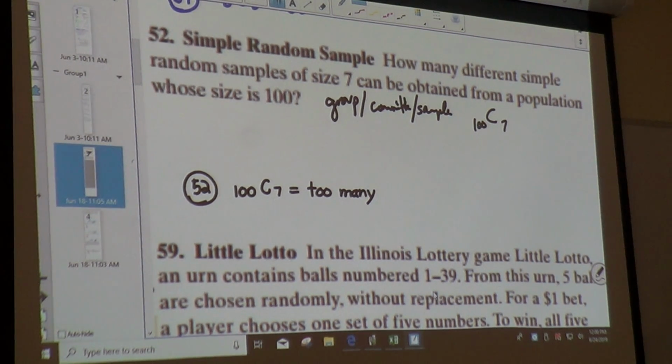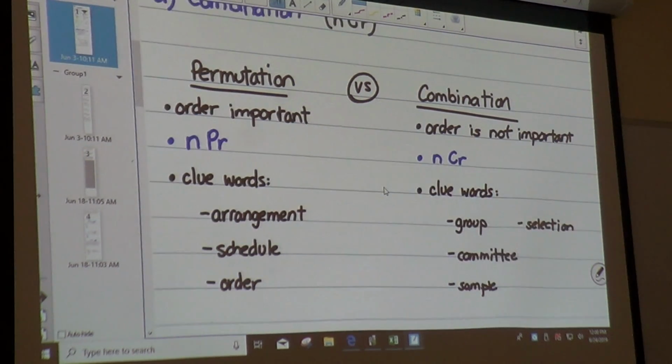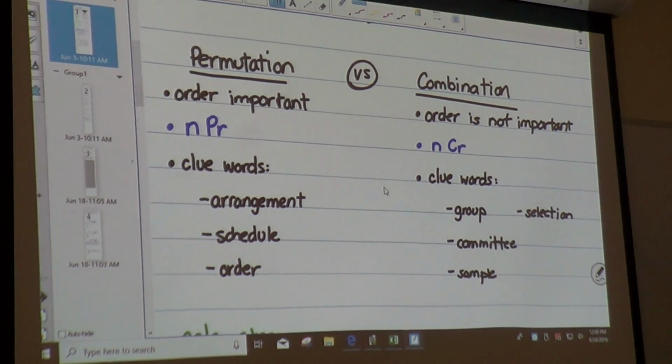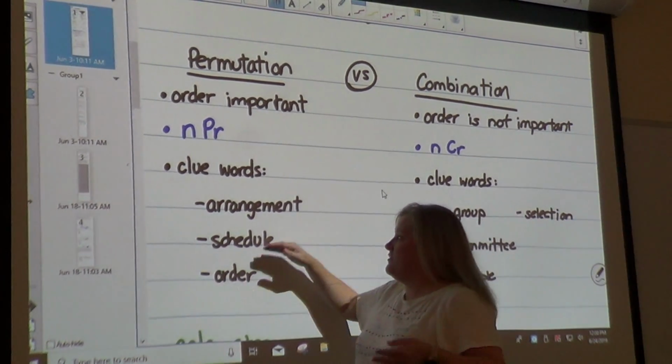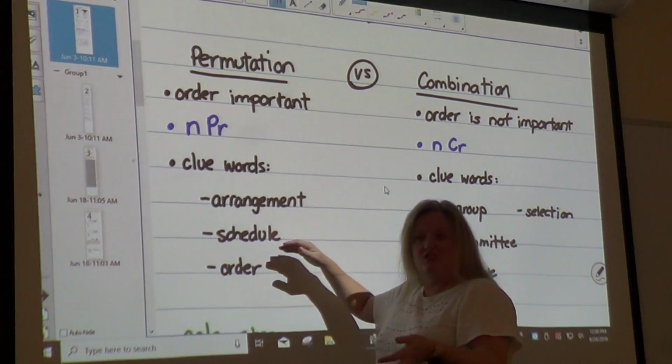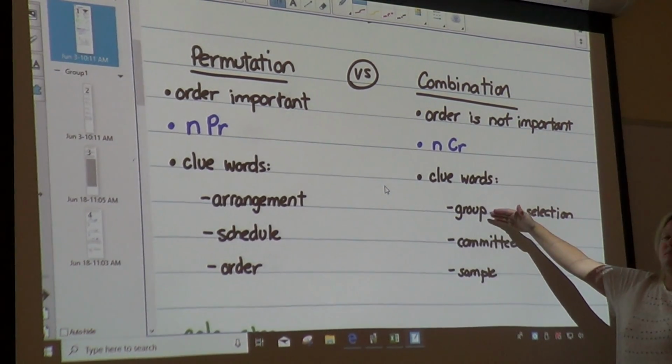And if we come back to this first page, if you're doing a permutation, they need to be in order, or in an arrangement, or a schedule, or in line. If you're doing a combination, it's going to be a group, a